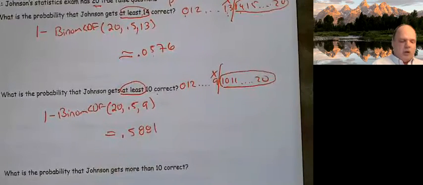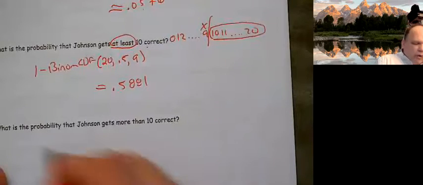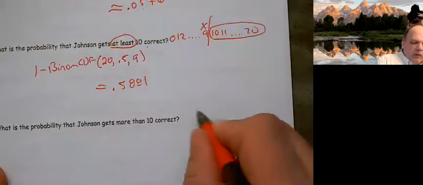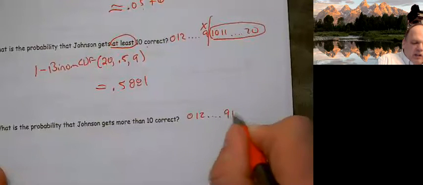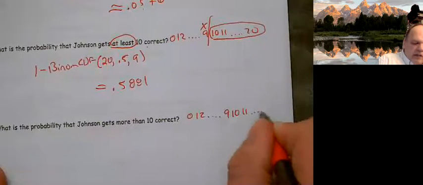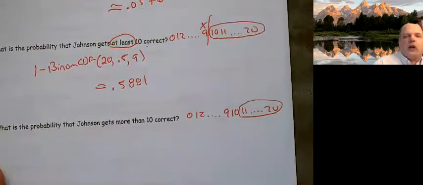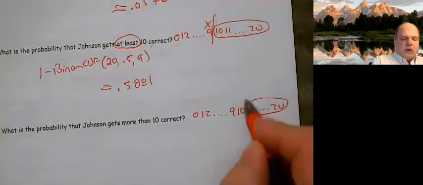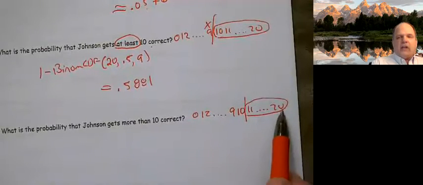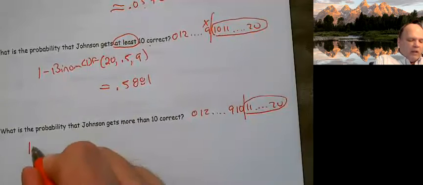All right, next one. What's the probability he gets more than 10? So 0, 1, 2, dot, dot, dot, 9, 10, 11, dot, dot, dot, to 20. So any value 11 or greater. Now this one's tricky. Notice I wanted everything up to 20. Since I want everything up to 20, it's going to be 1 minus